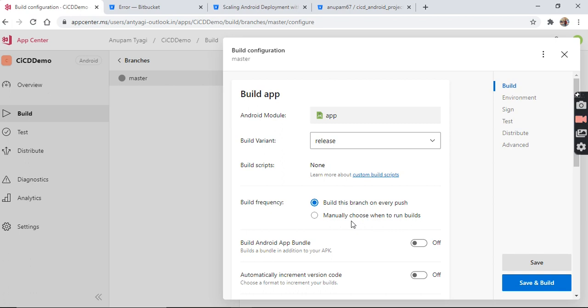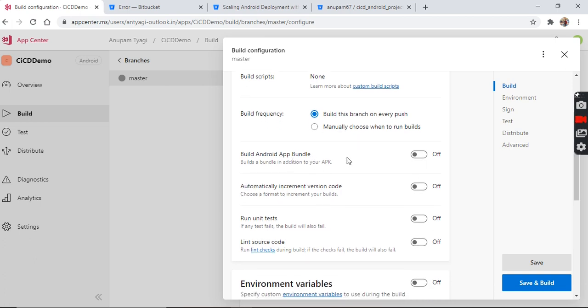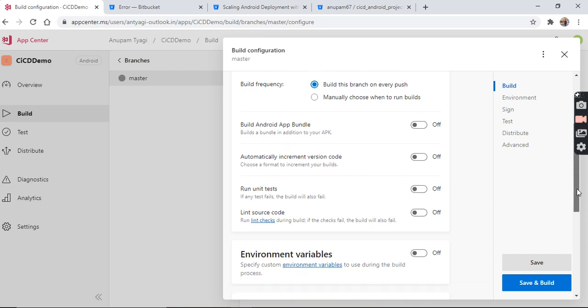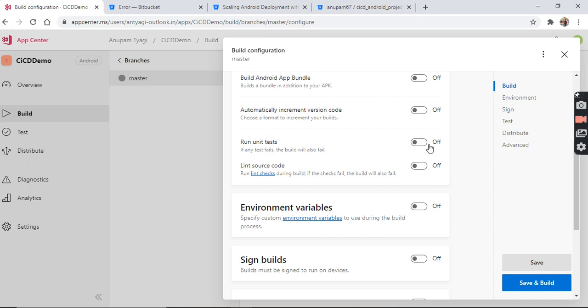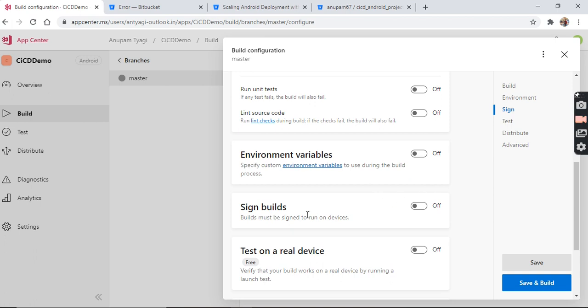For Build Android app bundle, I will go for APK. Additionally, you can automatically increment the version code, run unit tests if you have written unit test cases, and run lint on the source code. Then environment variables and signing: the build must be signed to run on a device.